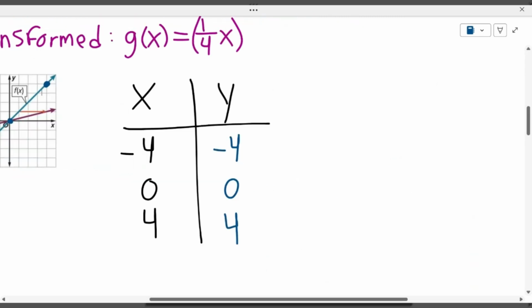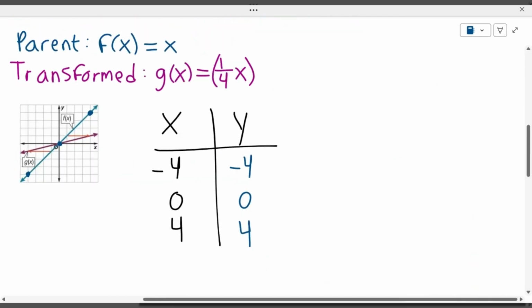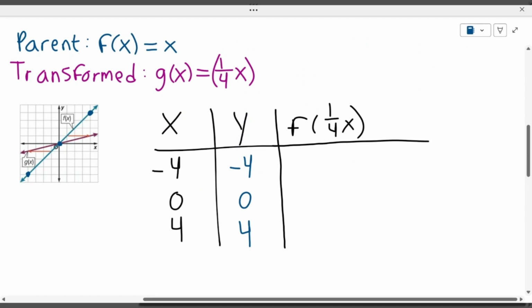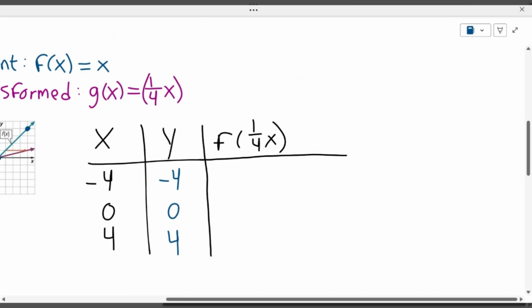Now, if we wanted to figure out what our x and y coordinates are for our g of x function, we could write them out like so. We're going to evaluate f of x when 1/4 is being multiplied by our x value. We evaluate f of x when we're multiplying by 1/4. We evaluate our x's. So if we take this off to the side, we have f of x